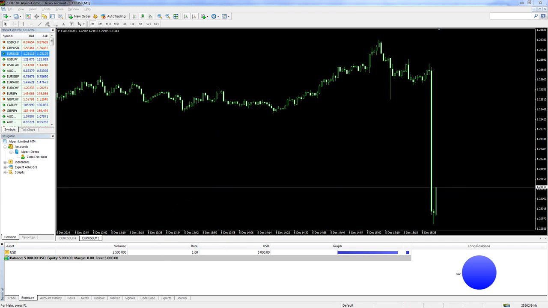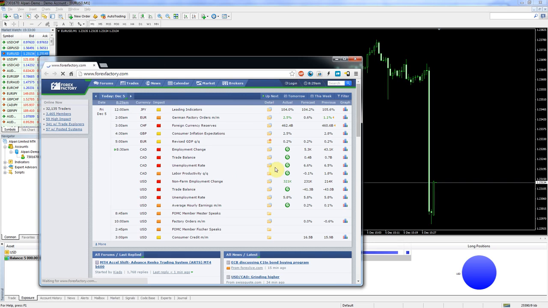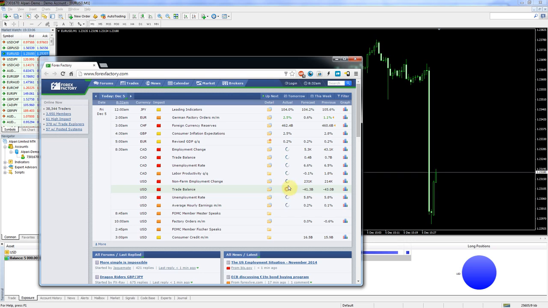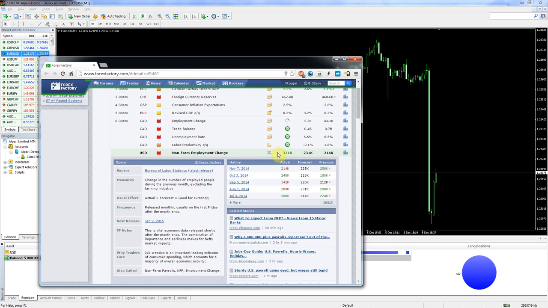So let's go back to the calendar and just reconcile. We've got a lot of news coming out at 8:30. It was 8:29 when I opened the calendar, so I can just refresh this page now to see what's happened. It's 8:32, but you just have to click this button again because data hasn't come through exactly yet. As you can see, the price is going back up right now. So once again, unemployment rate hasn't changed, and that just doesn't mean anything, but the non-farm employment change: they were expecting a rise of about 231,000. It actually rose by